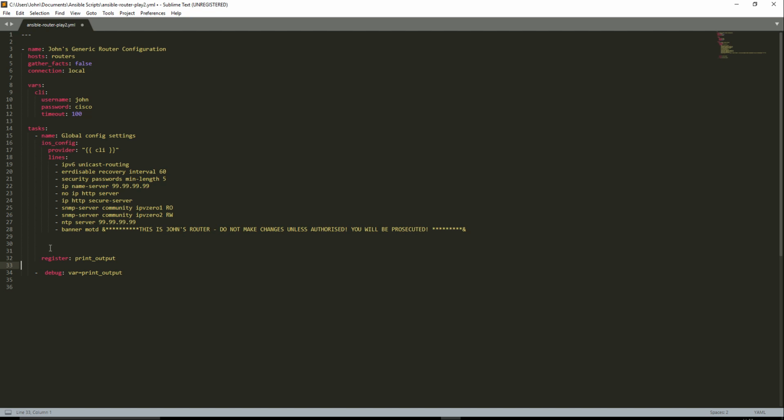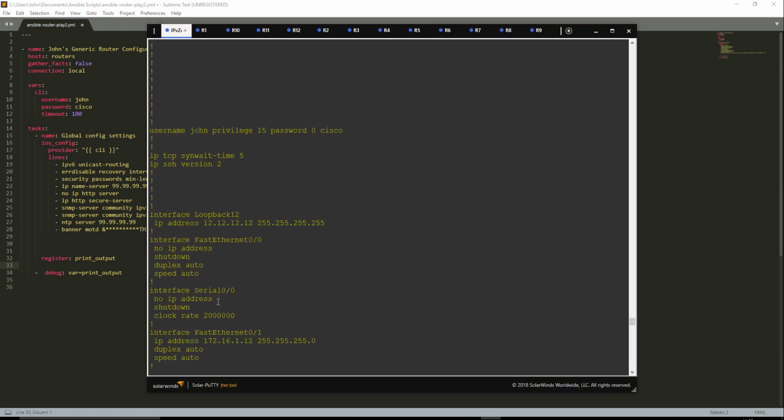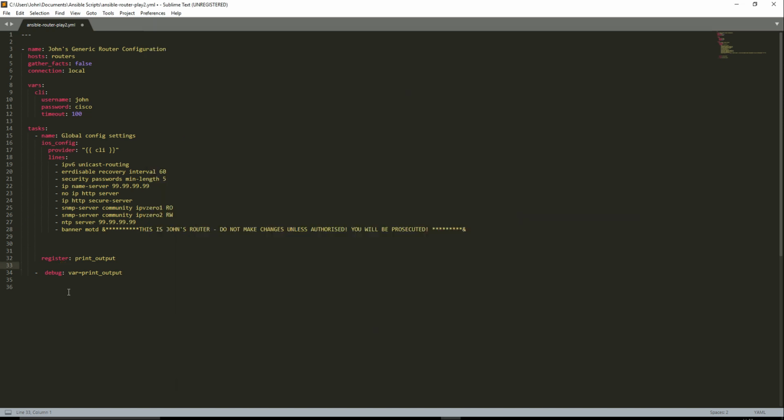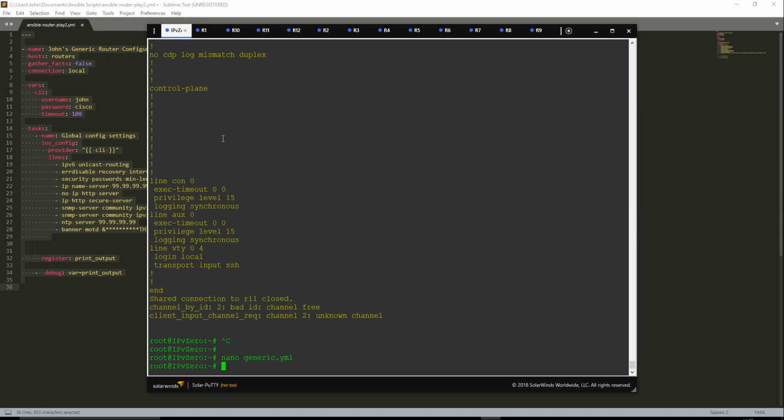So at the very end of it, again, this is a consistent thing you'll see with Ansible. It'll register, you'll print output, and you'll debug to actually print the output on the screen. So what I'm going to do now is go to my IPvZero. What I'm going to do is actually create an actual configuration YAML file. So we'll call this nano generic.yml. Now I'm going to Control A to grab all that, copy it, and paste this in here. Write that out, save. So if we cat that,